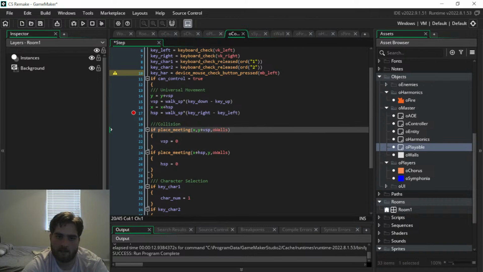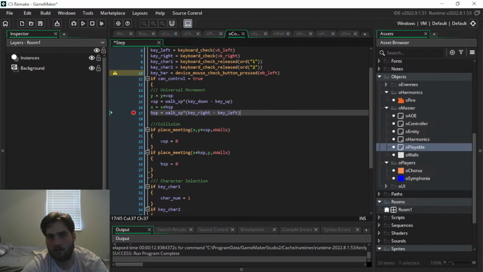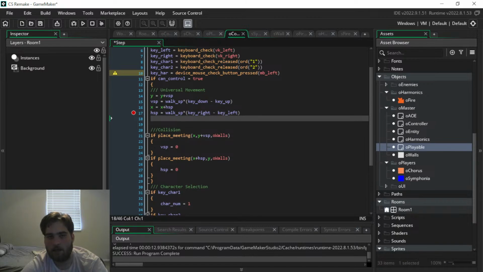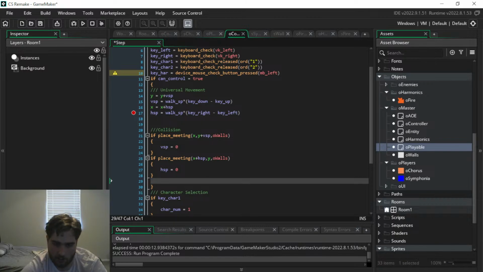Oh wait, all of these. Okay, so that's all the collision controls, universal movement, and let me go down here, and what I'm going to do is I'm going to add in a variable, a new event listing right under collision,